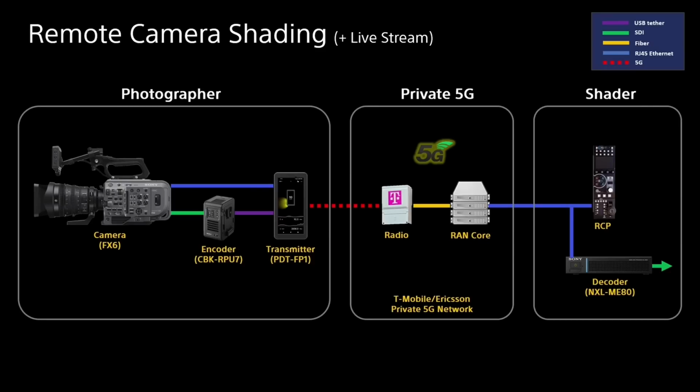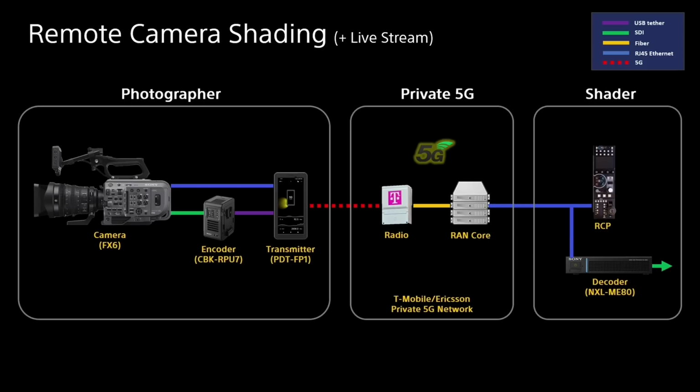So that's a live stream through the encoder, through the PDT-FP1 into the 5G network, and then out to the decoder on the bottom right-hand side there, which was then feeding the truck. But what's also really important with live video, especially for live sports production, is the need to control the camera remotely. And that's what we call the shader, who would be in the truck, who would be able to do iris control and adjust the look of the camera, so all the cameras can look like they're in sync in terms of the actual look of the output, in terms of having the same iris and color temperature and things like that as well. And we were able to do that with an RCP through the 5G network through the